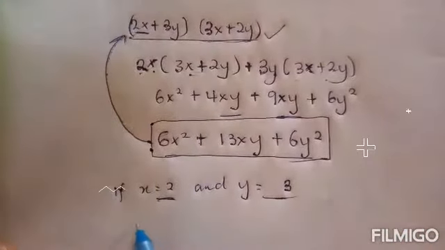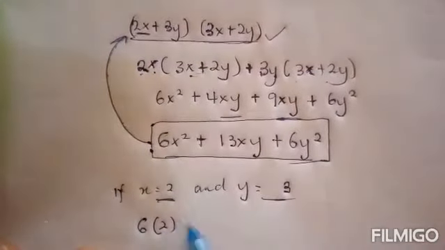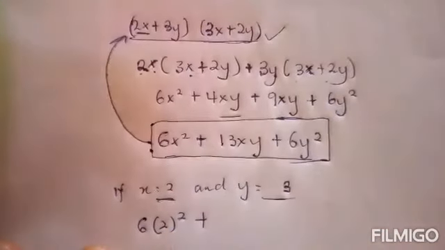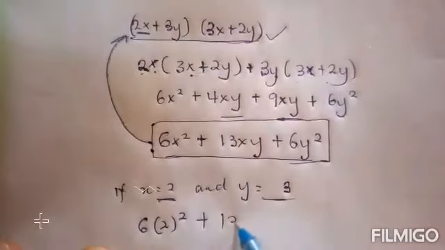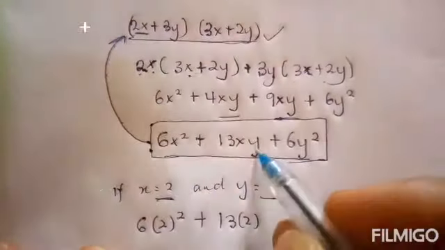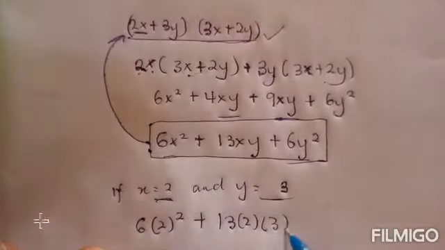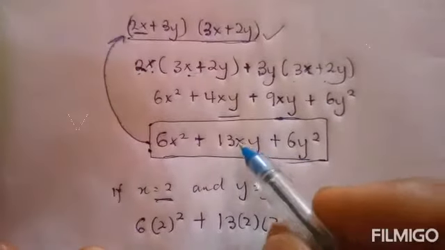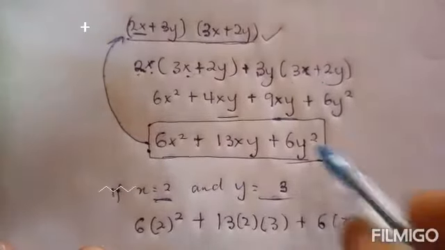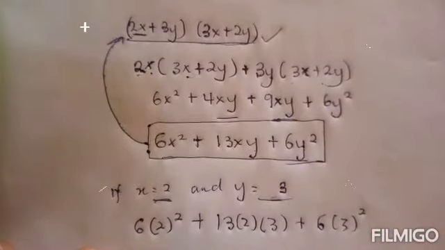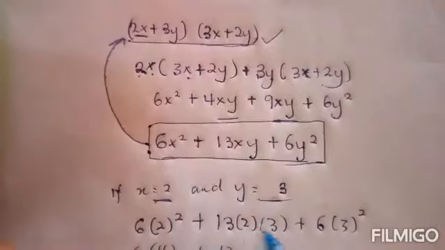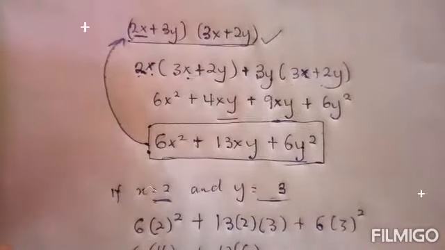So it will be 6x, x is 2, right? So wherever I see x, I put 2 there from this equation. So this is x, and I've put in 2 there, plus 13x, this is x, right? So I'm putting 2 there, and then y, I'm putting what? 3 there, plus 6y. y is what? This is y, right? And y is 3, so 3. This is y squared, so I will square it. Then you multiply 6. You know that 2 squared is 4. 13 times 2 times 3 is 6, right? Plus